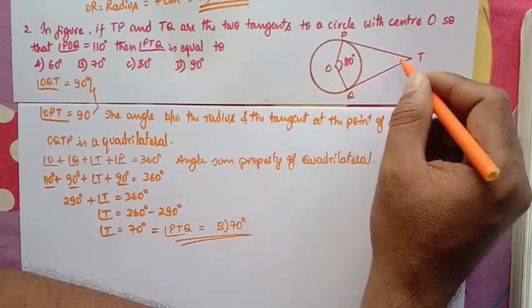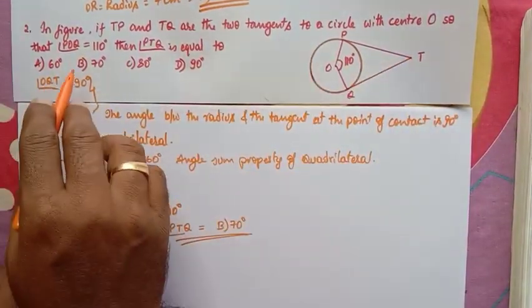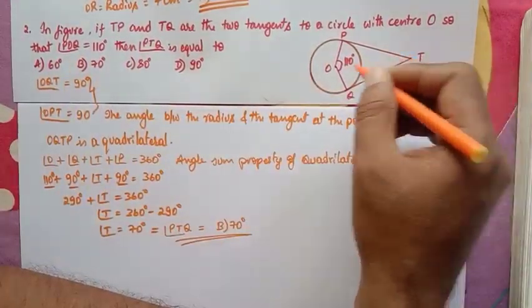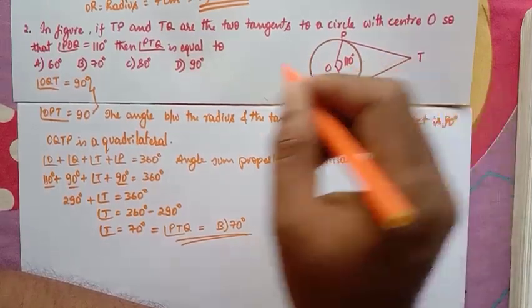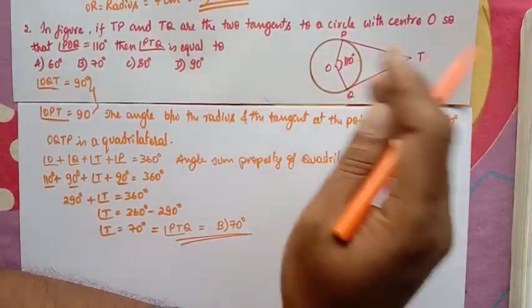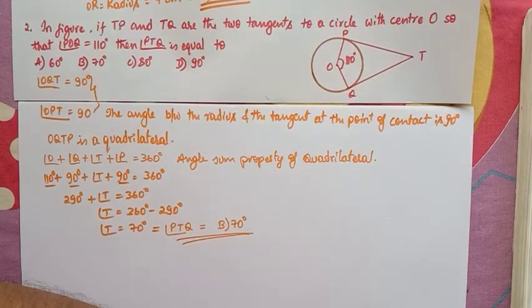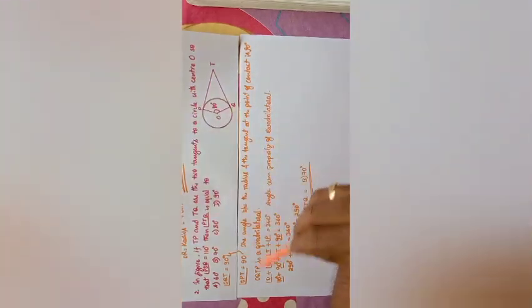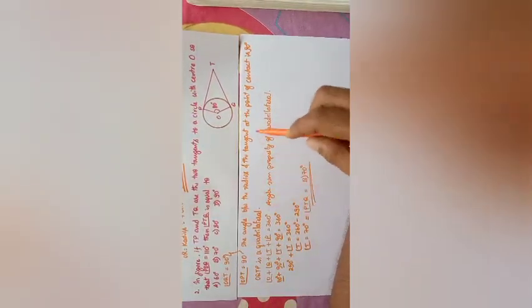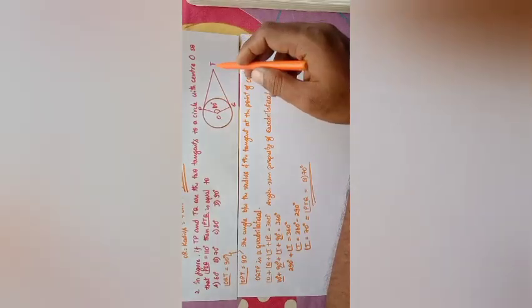With this calculation only, you can straight away write that option B, that is 70 degree plus 110 degree, which fetches you 180 degree. That's complete. That's sufficient. Yes, right? No need of such calculations in the examination. It is mentioned here, justify. Justification is also asked. So we have proved all these things. If it has not been asked, straight away we can write 70 degree.